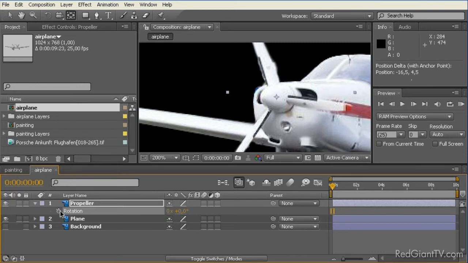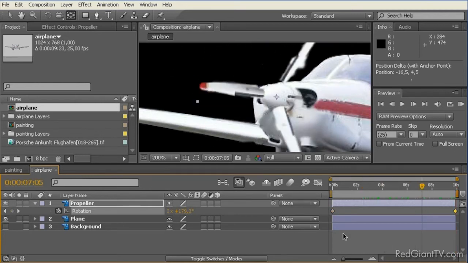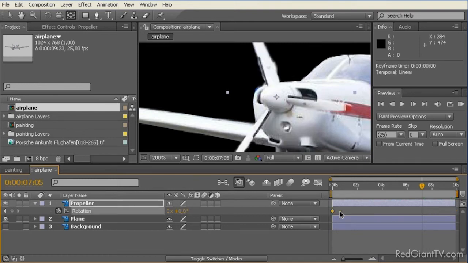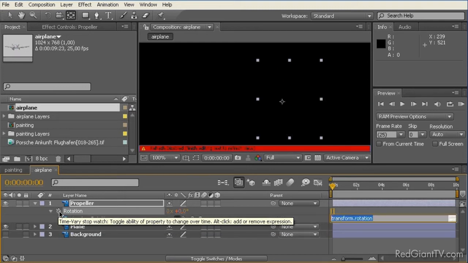So what we now want to do is to animate here this rotation property of the propeller layer, and we could do this by hitting the stopwatch at the beginning and at the end, and then having these two keyframes and somehow animate it in between, but I think this is not that convenient, so I delete it again, and what we rather want to do is to drive the rotation with an expression. So I alt click at the stopwatch, or on Mac option click on the stopwatch to enter a new expression, and now you can write here time